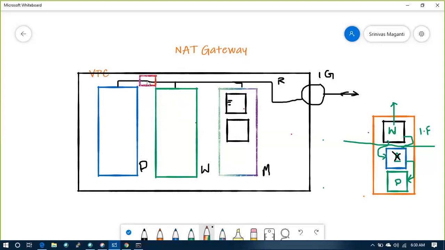What the internet gateway will do is, if someone is trying to access it from the outside like this, it will stop it. No one can access the DB server from the external world, but if someone is accessing from here to here, it will allow.